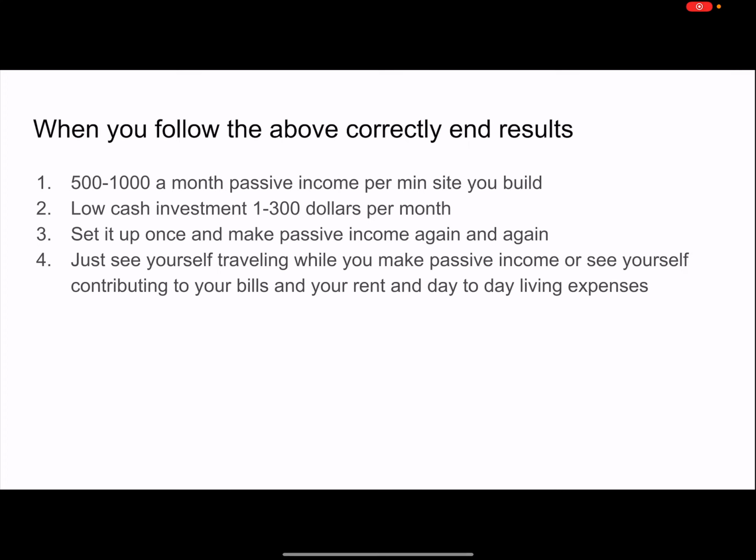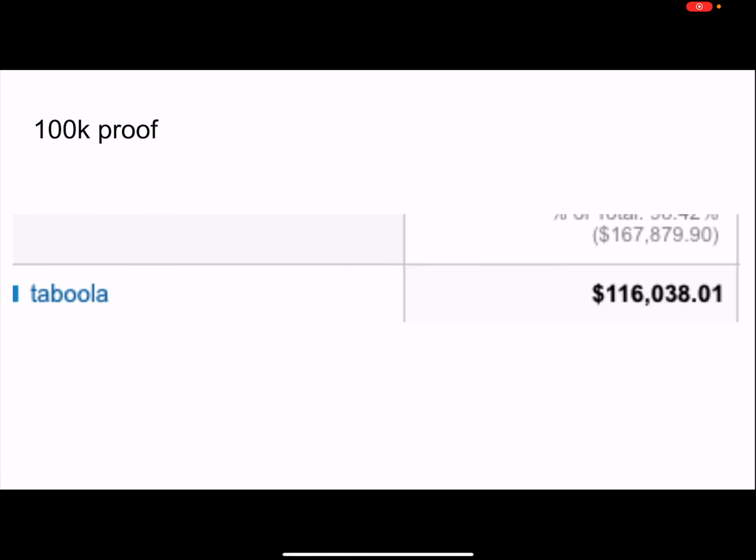So what you want from your end results is you want to be making $500 to $1,000 passive income per site you build, and obviously you can make more. And then obviously you want to minimize the investment, $100 to $300, so you invest a minimum amount each month. That way you don't have to invest too much. But imagine making $600 profit, $700 profit, $800 profit each month from one of these campaigns. And imagine then using those campaigns and those websites to travel the world successfully, again and again, as I've done, as I showed you before in the video.